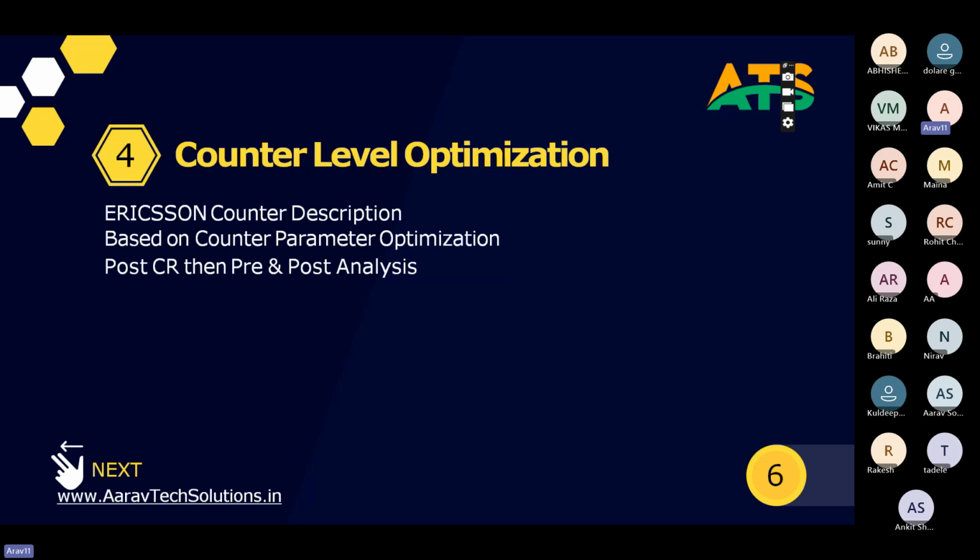And after the changes, pre and post analysis: how you are doing that, how you will check after the post CR whether there is any improvement after your changes? If yes, how will we analyze that? This is what we are going to discuss in our